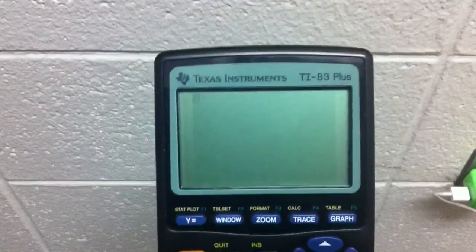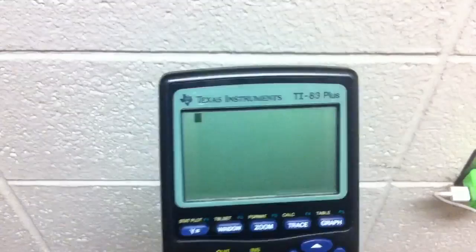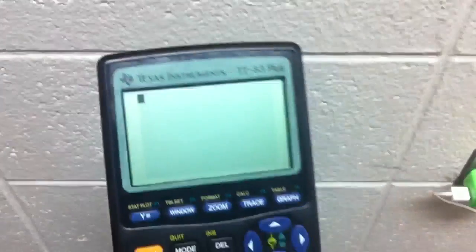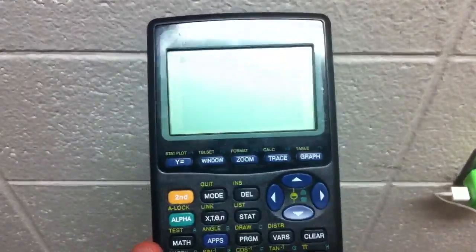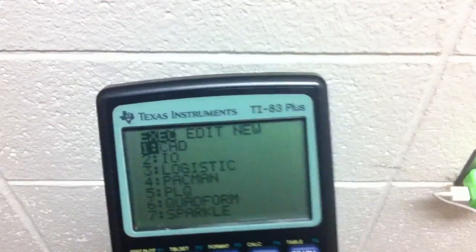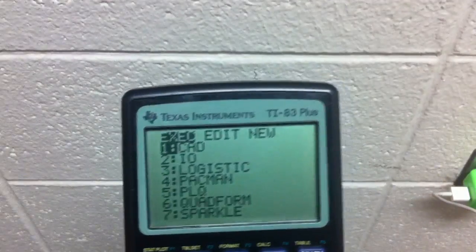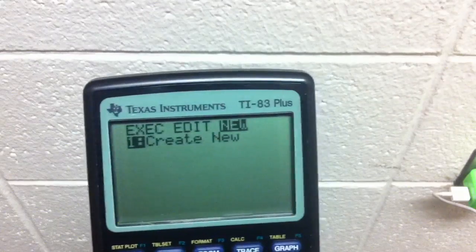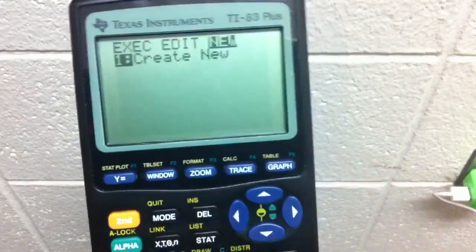This is a Texas Instruments calculator tutorial, and if you have a TI-83 or TI-84 calculator, you should be able to follow along with my tutorials. So, the first thing you need to do to program is press the program button. Very simple. I have a bunch of programs, you might not have any, but that really doesn't matter. We're just going to scroll over to New by using those arrows